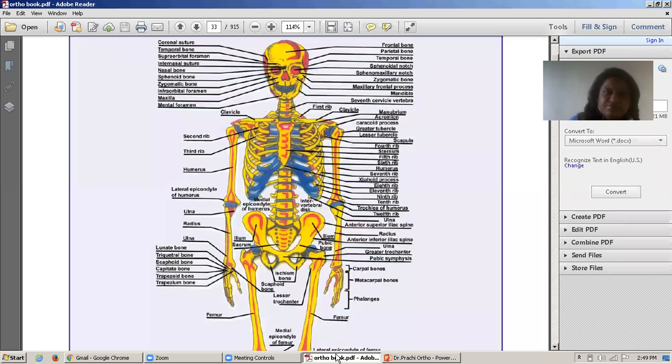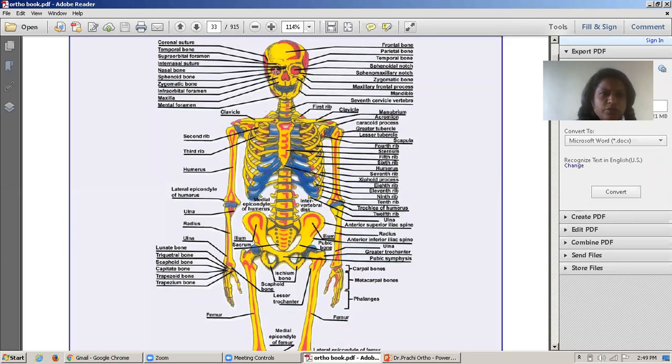So, when we see the diagram of a skeletal system, in that we learned that this is a frontal bone, this one is a parietal, this is a temporal bone, this one is a sphenoidal notch, this is a spinomaxillary notch, this is a maxillary frontal process, this one is the maxillary frontal process, this is the zygomatic bone, this is the mandible, this is the mental foramen of the mandible, this one is a maxilla, then this is the infraorbital foramen, this is the zygomatic bone,